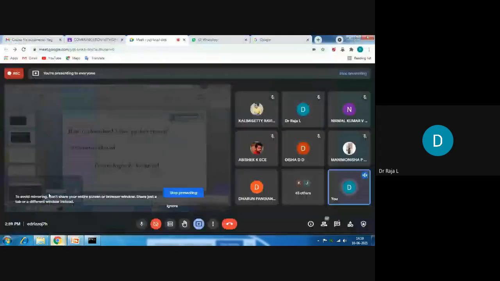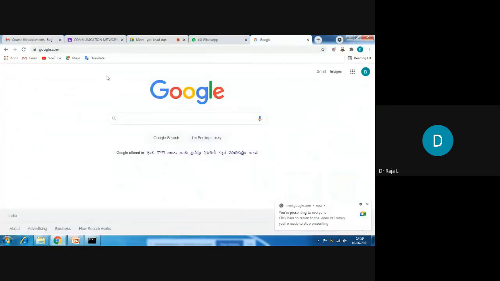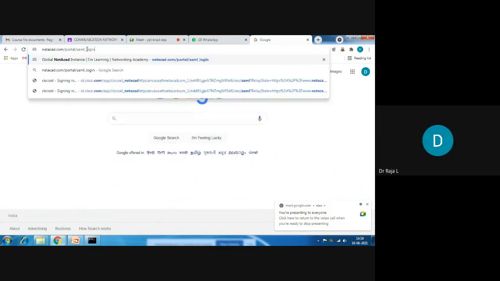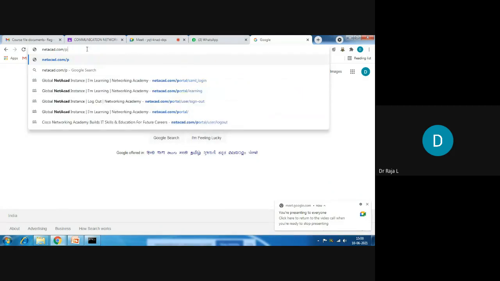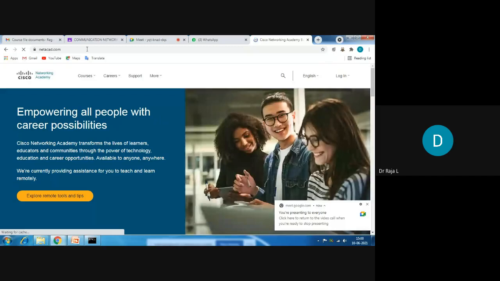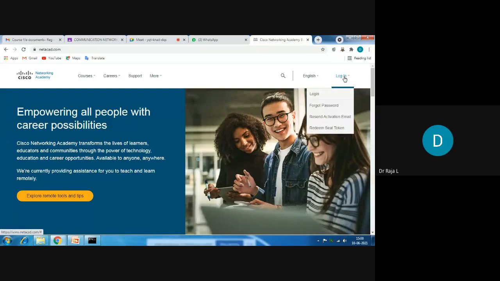Just go to the website. You type NetAcad. Is the screen visible? Yes, sir. Okay, you just type NetAcad. It will come like this. At the right hand side, you have the login information.